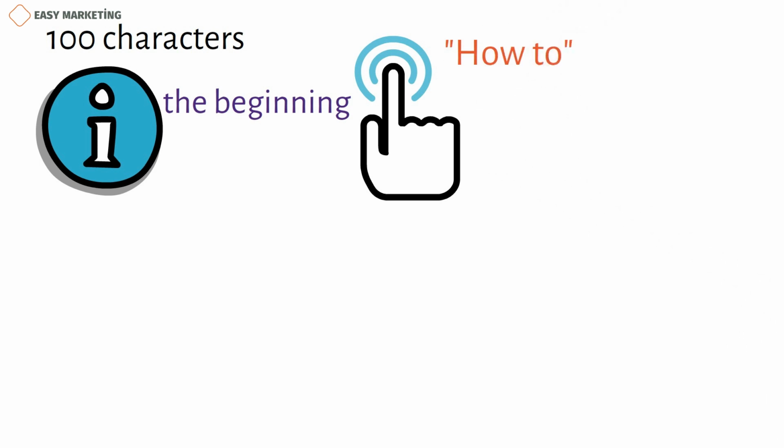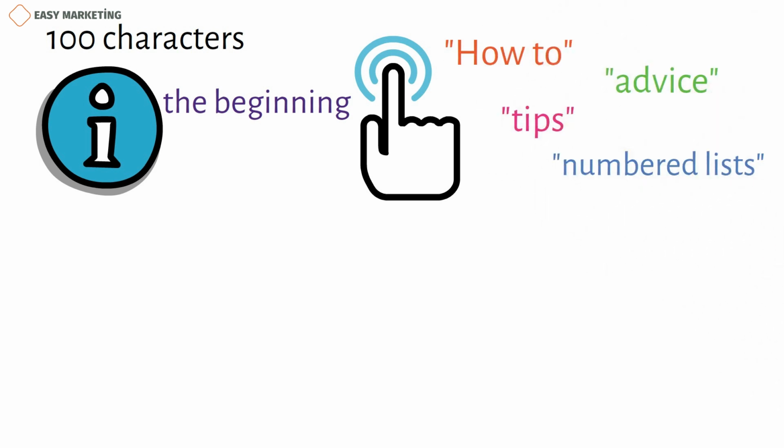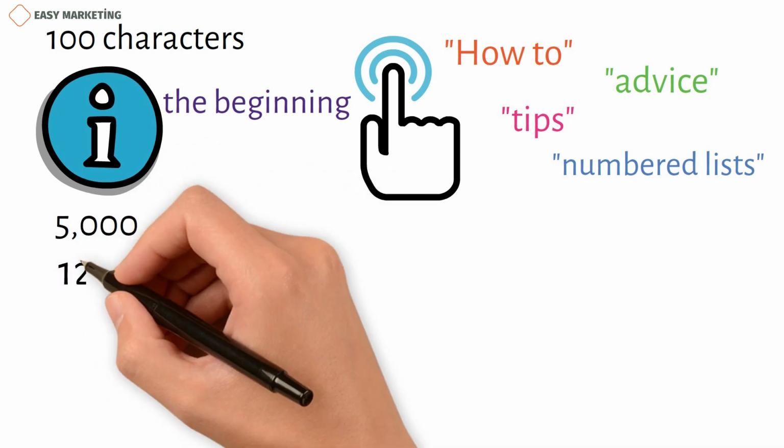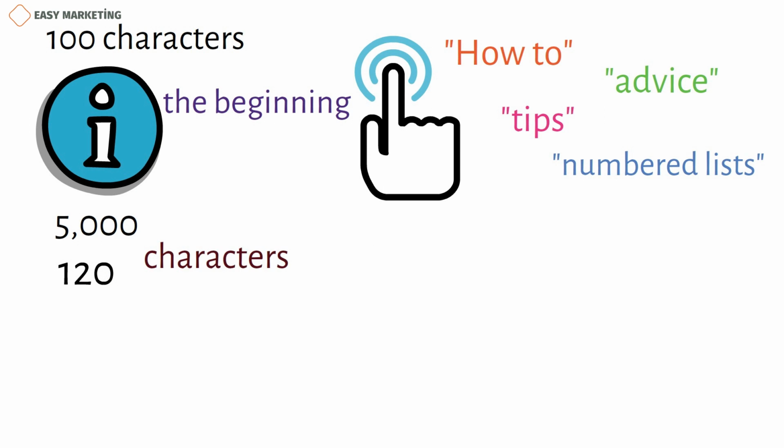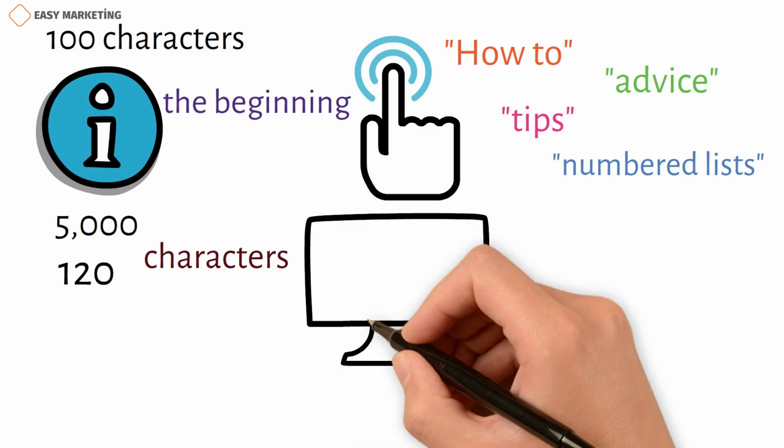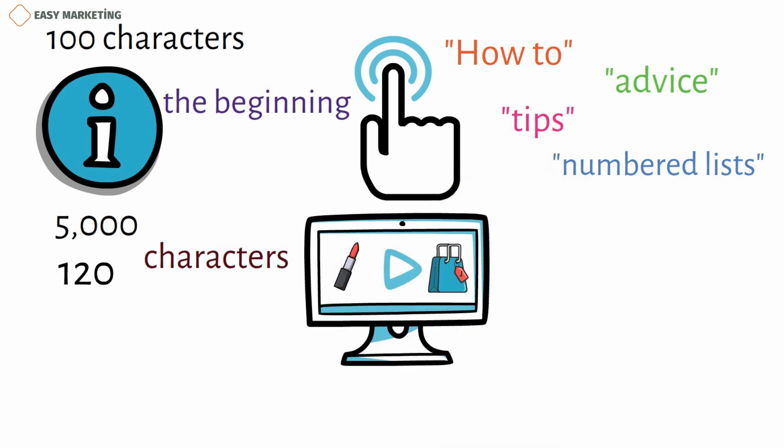How to, advice, tips, and numbered lists are all examples. 7 ways to increase the number of video subscriptions, for example. It can hold up to 5,000 characters, but depending on the device, it cuts off after about 120 characters. Since more than half of buyers are influenced by product videos, it is important for e-commerce sites to include a